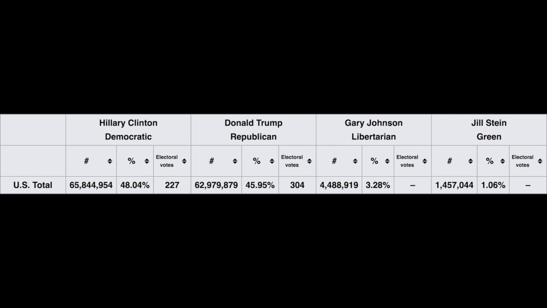Jill Stein got a total of 1,457,044 votes. Gary Johnson got a total of 4,488,919 votes. Donald Trump got a total of 62,979,879 votes. And Hillary Clinton got a total of 65,844,954 votes. Since Hillary Clinton got the most ballot votes, many people would therefore think that she would be the